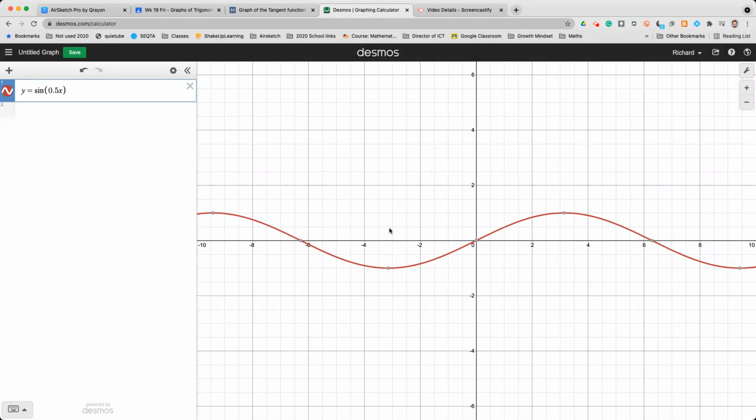Okay, so next week we're going to have a look at dilations and reflections and how they can create new sine graphs, cosine graphs, and tan graphs. I will leave it there for today, but before you leave,